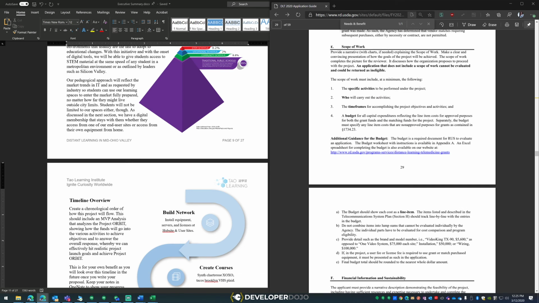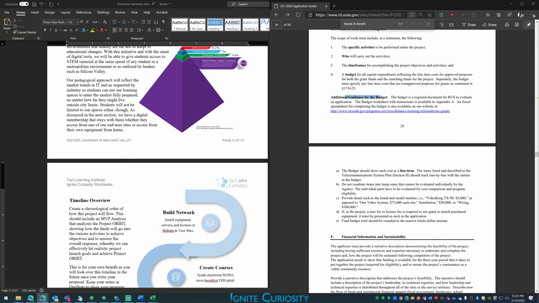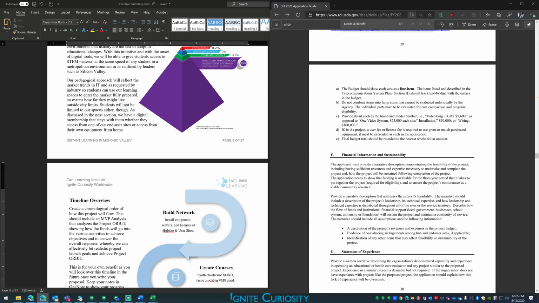Okay, additional guidance for the budget. The budget is a required document. So it sounds like we might be using the budget here. The budget should show each cost as a line item. Do not combine items into lump sums. Okay, so this is what I was wondering about. See, they don't want installation 50,000. They don't want wiring 100,000. So we need to go back over our budget and we need to break down